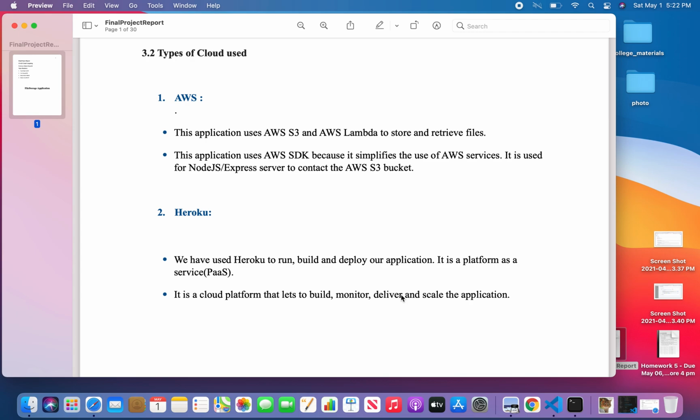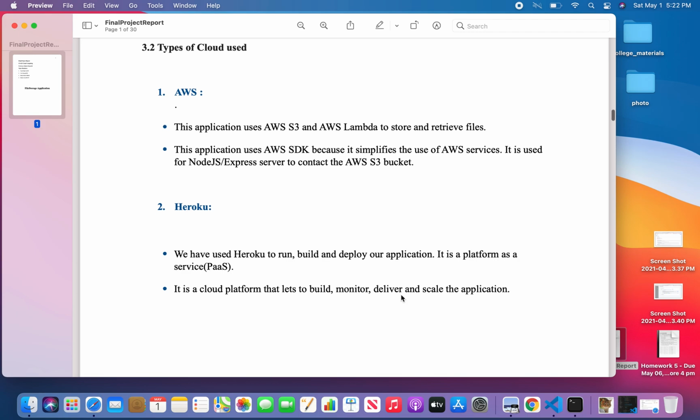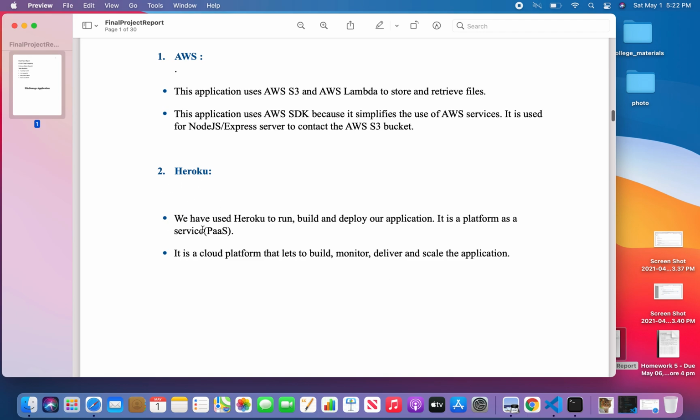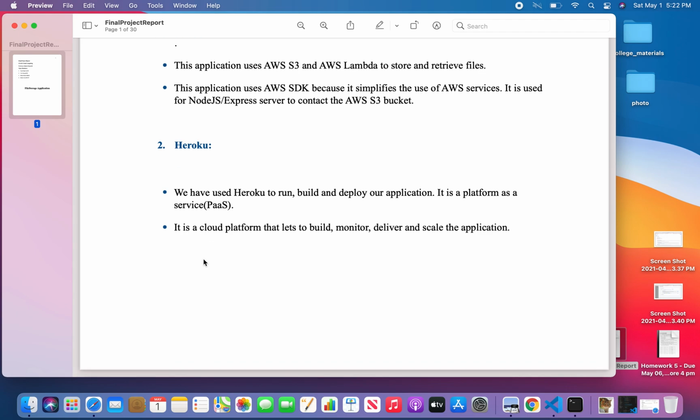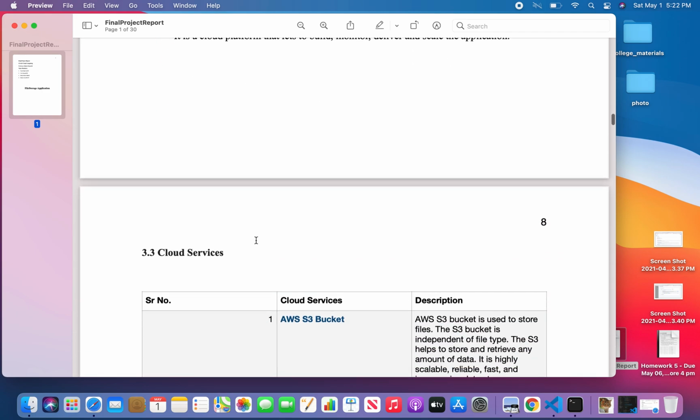It is very easy to use and to get the data from AWS services like the S3 bucket. Apart from that, this application, as I told you, has been deployed on Heroku itself, and Heroku is a PaaS, a platform as a service, which is highly scalable and very easy to deliver and scale the application. So that's why we have used Heroku.